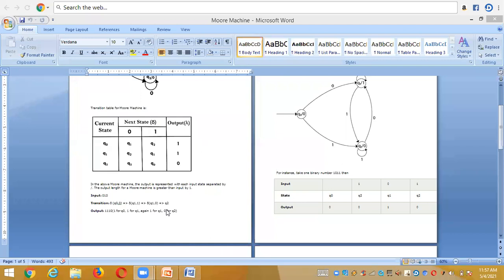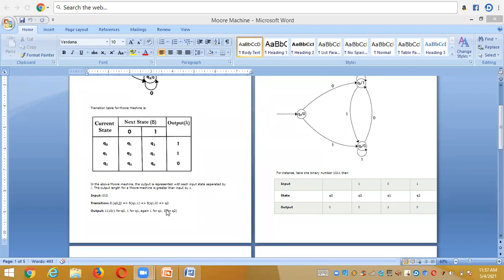But here, how to do the acceptance of strings in a Moore machine: depending on the length of the input and length of the output, we decide whether it is a Moore machine acceptance or a Mealy machine acceptance. The note for this Moore machine is about the output length, whatever string we take. After doing the processing, you finally get a string from that.